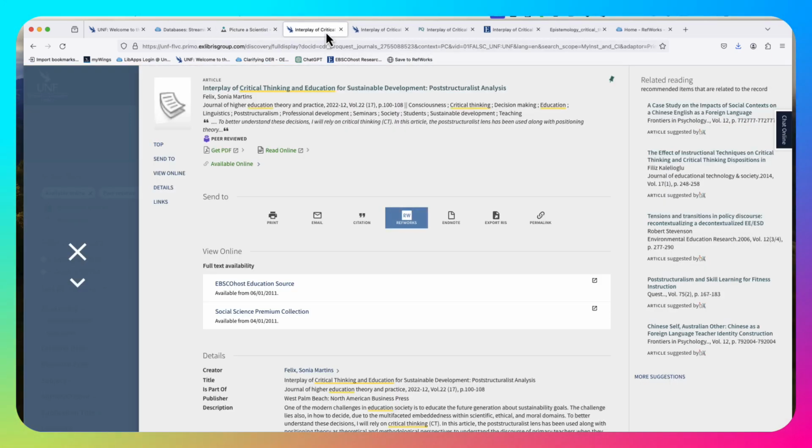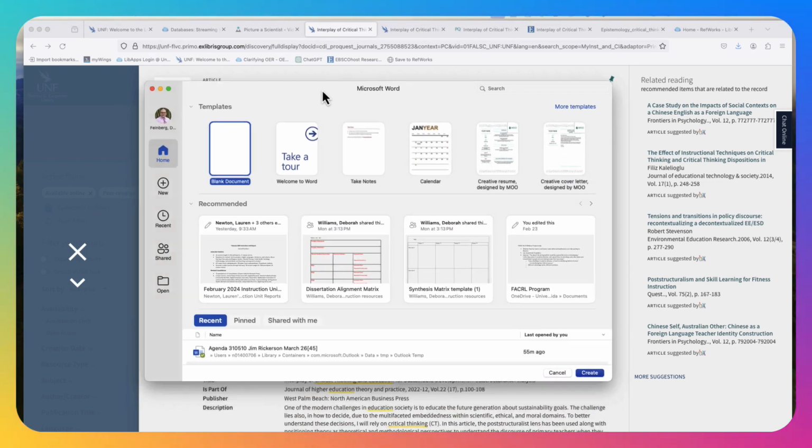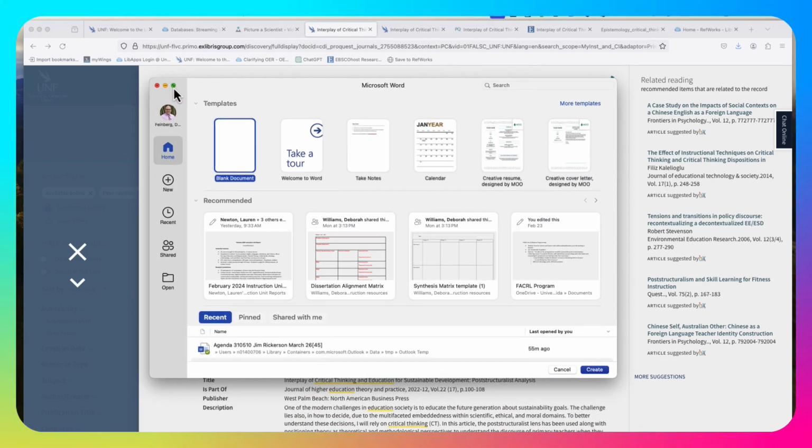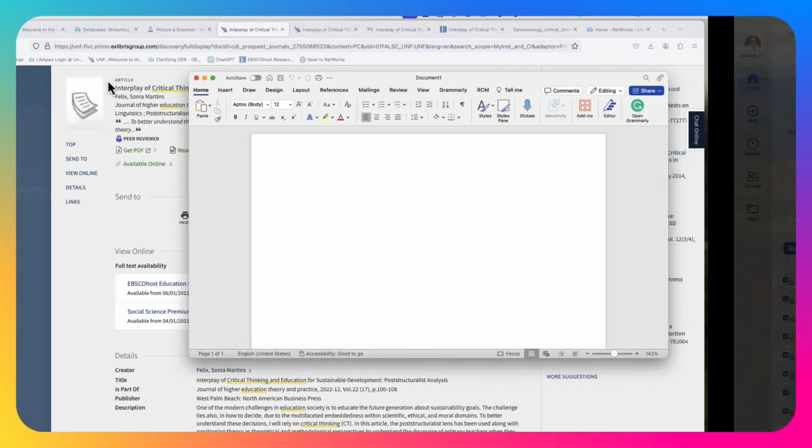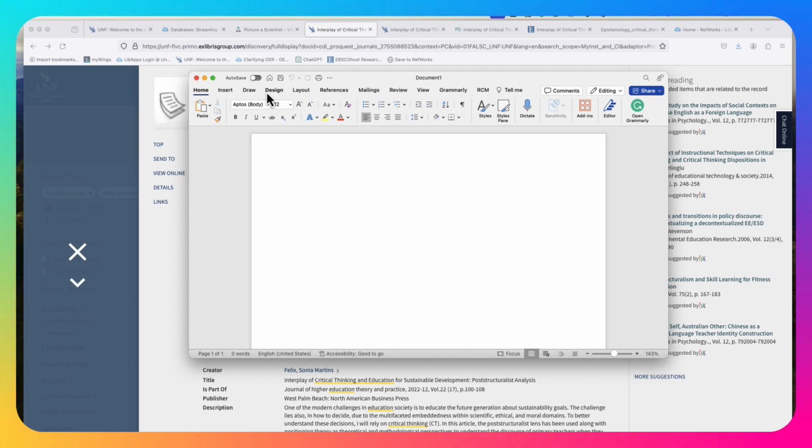But going back to what we were saying, why is this great? It's not just because we're using OneSearch or our databases or Google Scholar or the web, as we showed you. In this case, if we click on a blank document, a lot of times I use Microsoft Office 365. You can use Google, but I would highly recommend using Word 365 since the university pays for all faculty, students, and staff to use it.